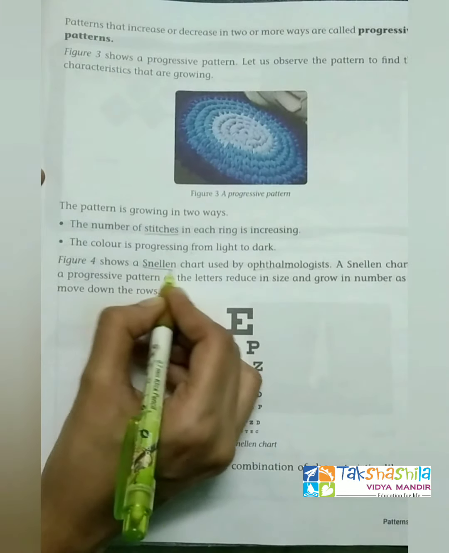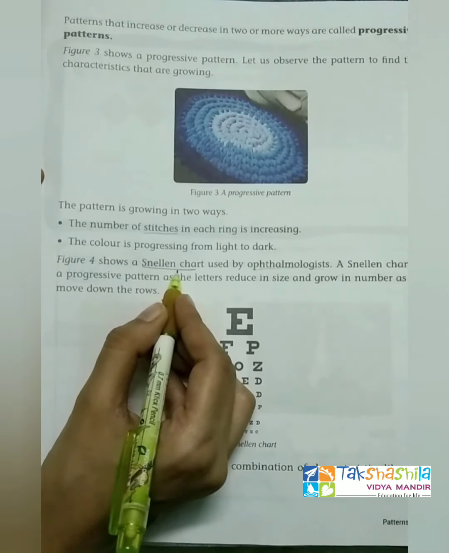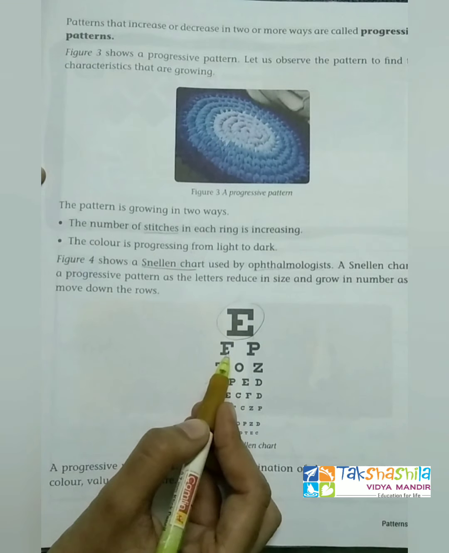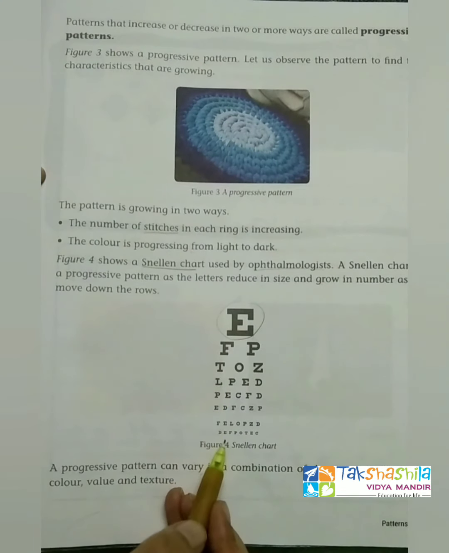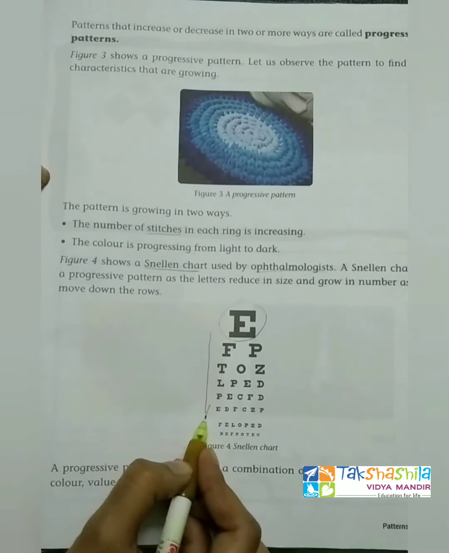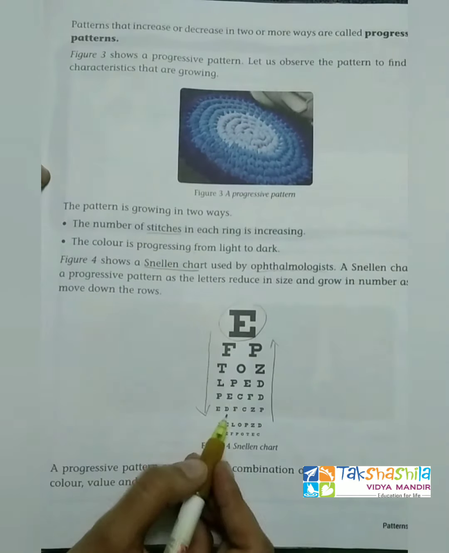And see the next one. So here it is called a Snellen chart, which is used by ophthalmologists and eye doctors. Snellen chartலாம் வந்து eye doctors தான் யூஸ் பண்ணுவாங்க. நீங்கள் பார்த்துருப்பீங்க இதை. So here the letters are shrinking. It is decreasing, right? The size of the letters is decreasing from upwards to downwards, and if you see from downwards to upwards, the size is increasing.